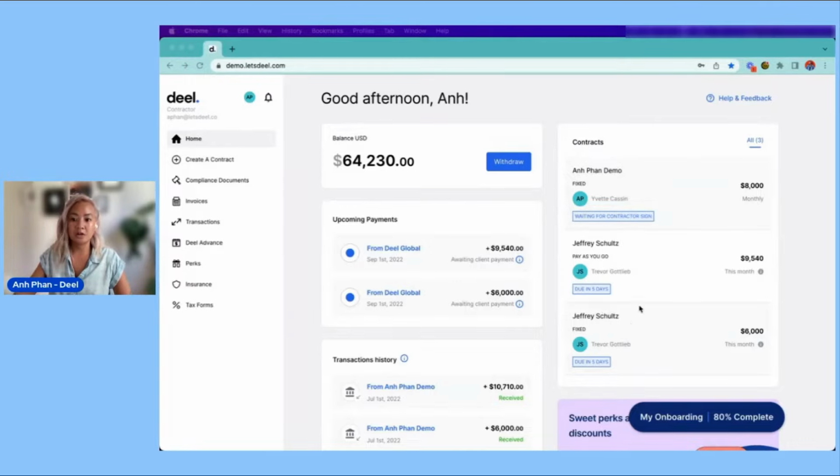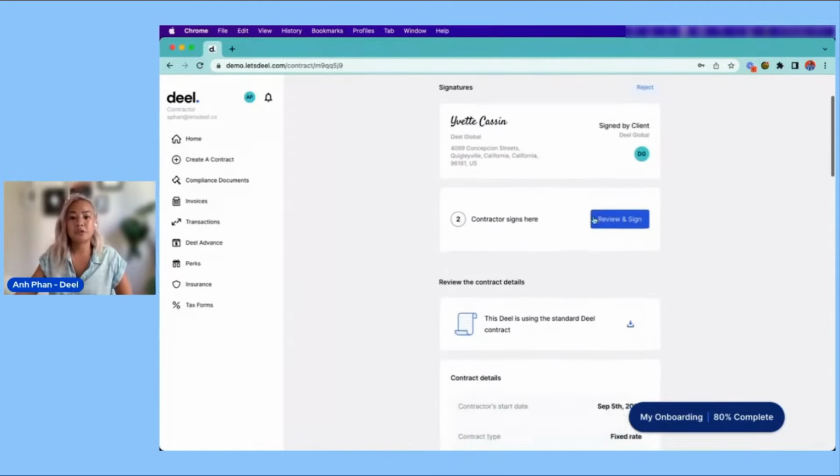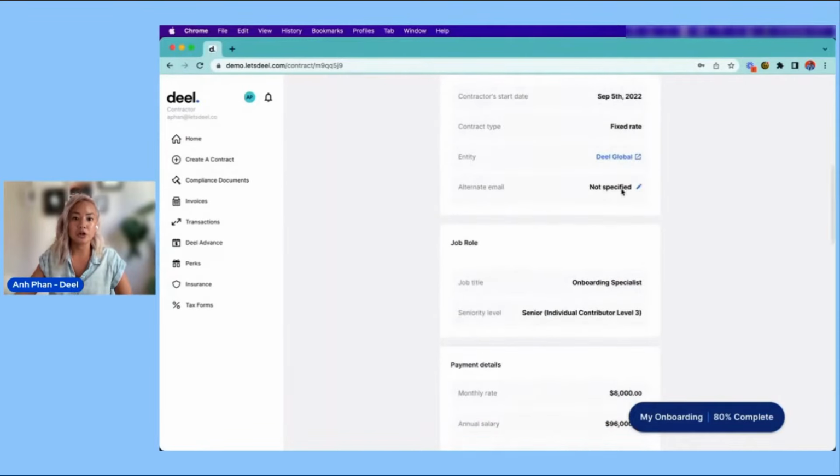I have a few other contracts here. As you can see, they're already active, and it tells me when my payment is going to be paid out to me. I'm going to go ahead and click on this contract. And from here, you'll be able to review any of the information that's been submitted by the employer, your start date,